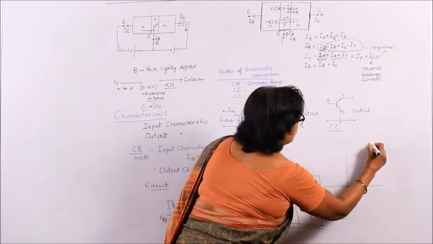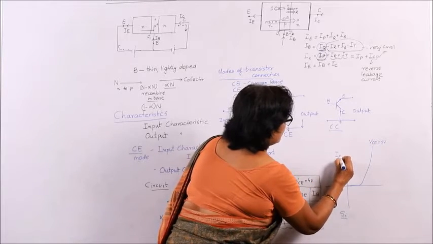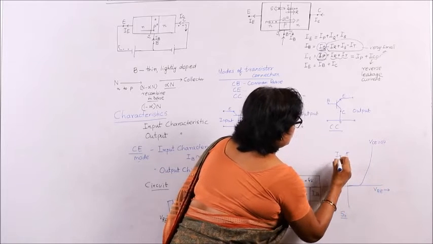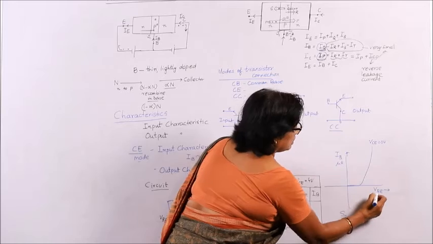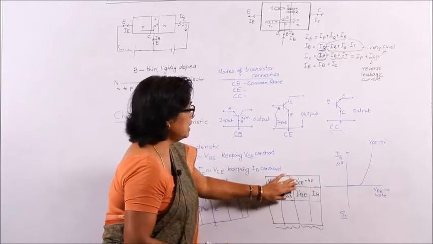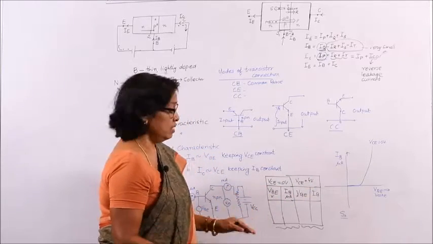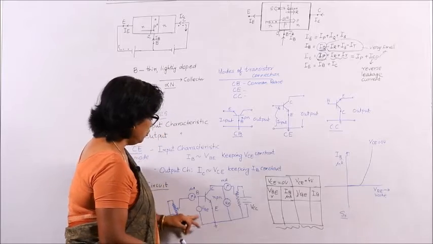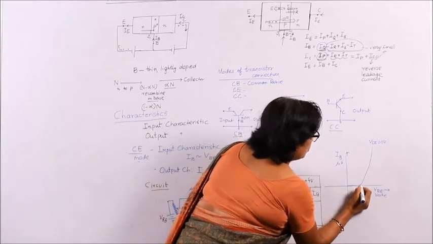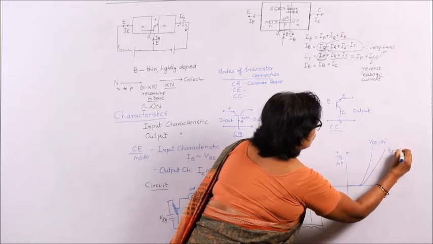So, this is the graph for VCE equals to 0 volt. This is the graph between base current and base emitter voltage. This is base current in microampere, this is in volts. Then you make VCE equals to 4 volt. Again another set of readings, change base emitter voltage, find out the base current, plot a graph. This graph will give you something like this. VCE equals to 4 volt.